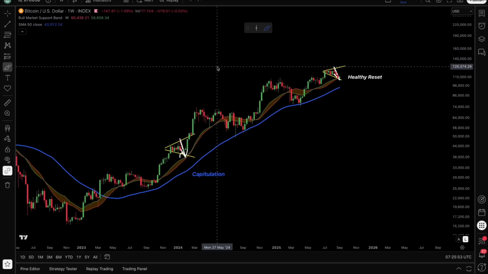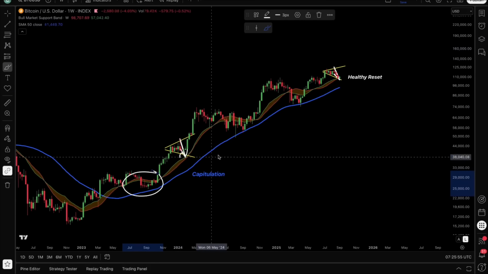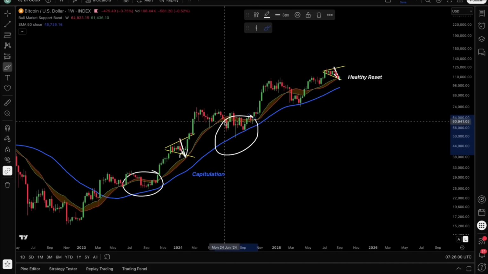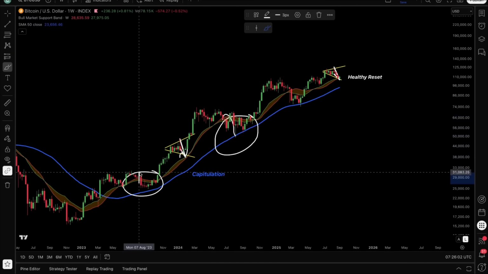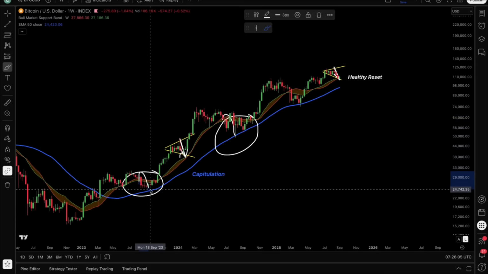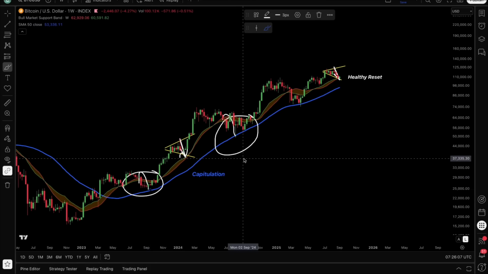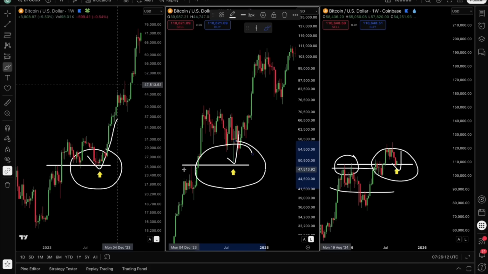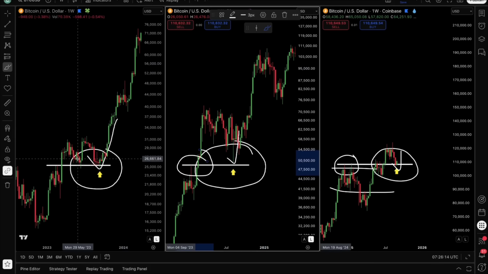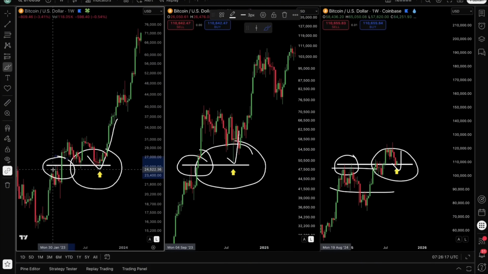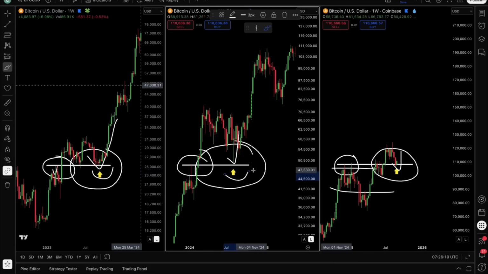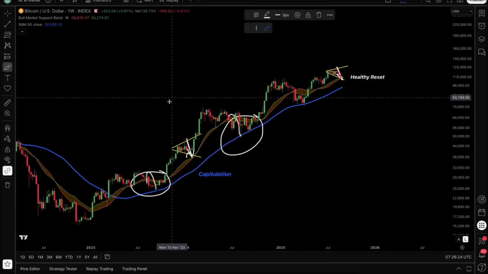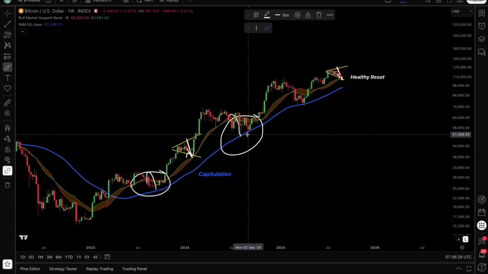The thing is, in 2023 in Q3 and 2024 in Q3, we saw a larger pullback than what's happening now for Bitcoin, all the way back to the moving average 50 trend line. So that is going to be a big difference, but the similarity is that we are of course bouncing from that previous high, which basically flipped from resistance into support later on. So that is going to be a similarity, but basically the depth of the pullback isn't similar here.